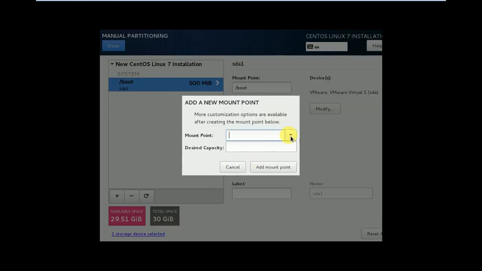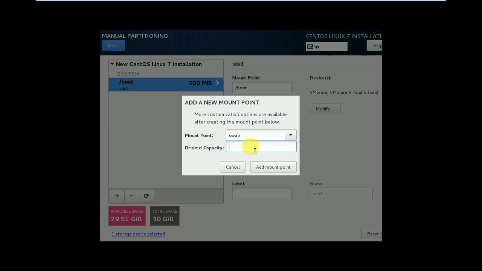Next, swap partition. Generally if you have 3 GB RAM, that swap memory should be 2 into RAM memory, but actually there is no need to give that much here, that is 6144 MB.